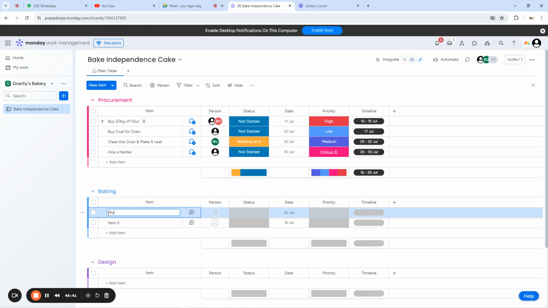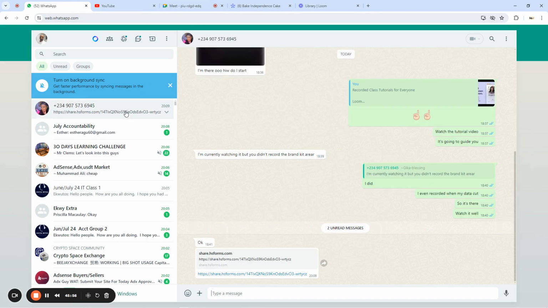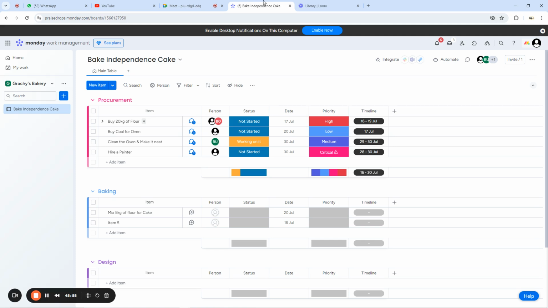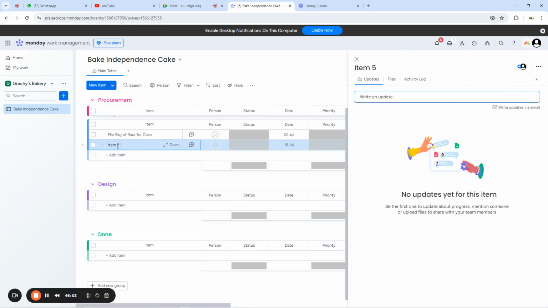Say, let's call it 5 kilo of flour for cake. Now as that person is mixing, what is the other person going to be doing? The other person should also be doing what? Maybe this person is mixing. What should the other person be doing? Maybe the other person should be like, okay,